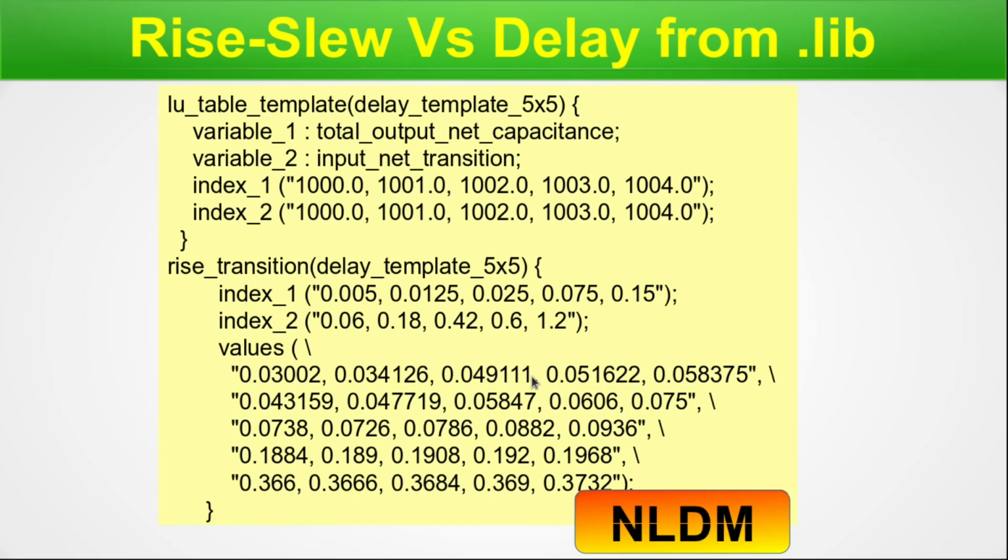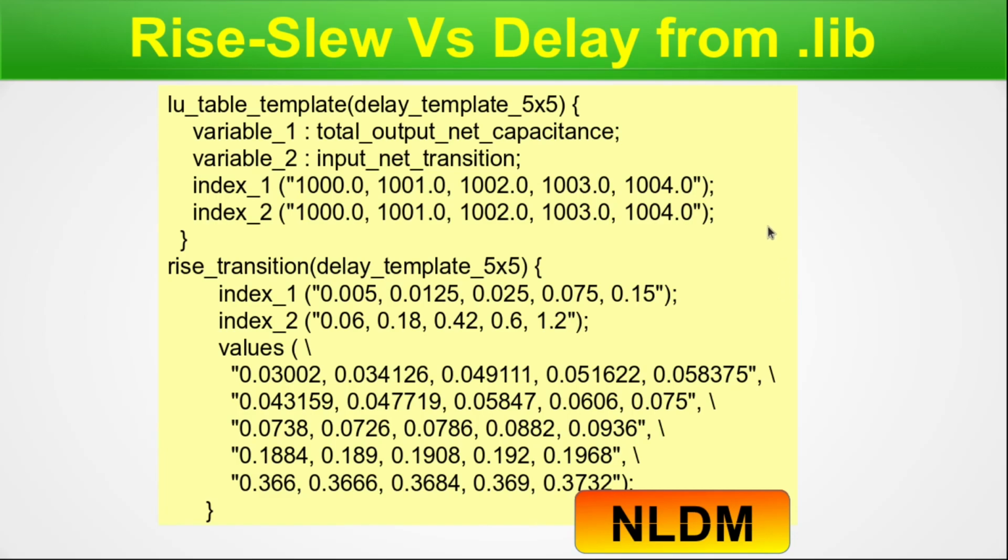So these values are characterized keeping in mind the extreme values, so that it covers the entire spectrum. So the entire spectrum is covered here, and the entire spectrum is covered here. So anything will come in between all these values. So if it is on the point, this point and this point, the STA engine will find the exact value, so this one. And if there is some intermediate value, it will do the interpolation.